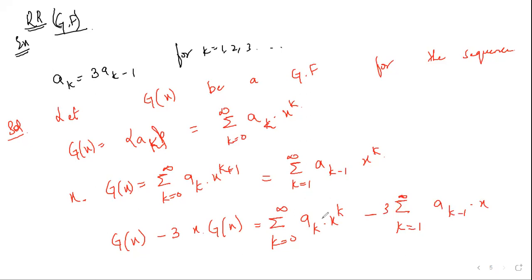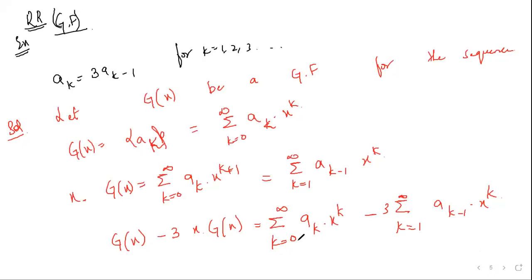Okay, now after that, since I have k is equal to 1 to infinity over here and this is also x power k, I want to take x power k common. Both of these should be either k is equal to 1 to infinity or both k is equal to 0 to infinity. Since we have already made this k is equal to 1 to infinity, I would also like to make this sigma notation k is equal to 1 to infinity.